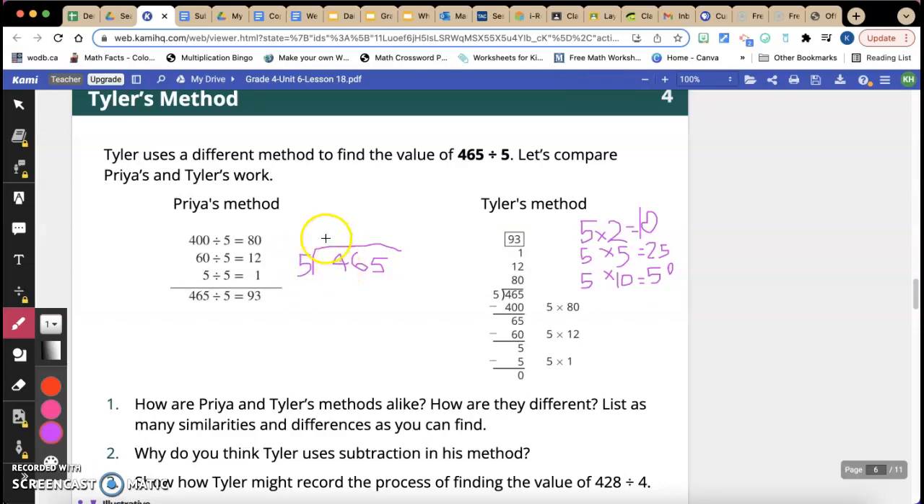Will 5 go into 4? No. 0 times 5 is 0. 4 minus 0 is 4. Do I have a number to bring down? I bring down the number beside it. That's 6. Will 5 go into 46? 9 times. 5 times 9 is 45. And when I subtract 46 minus 45, I get 1. There is a 5 to bring down. 5 goes into 15 3